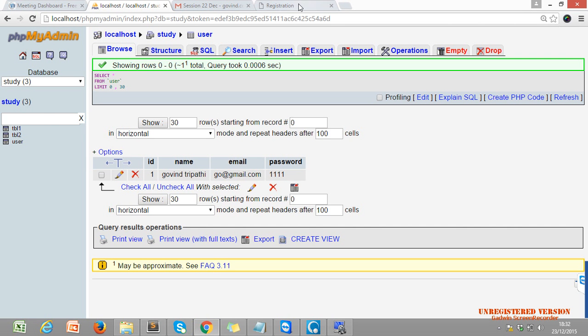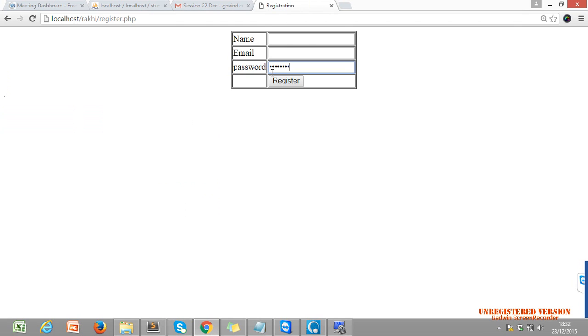The second task, in the same page, is validations. I'm not able to hear you properly. Hello, Raki. The second task is validation. What is validation?